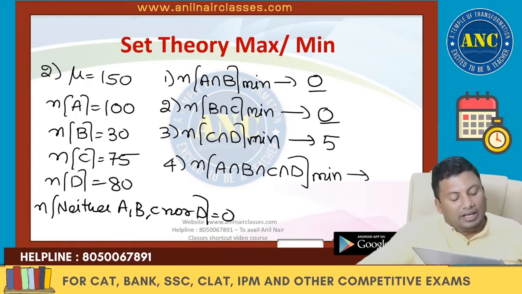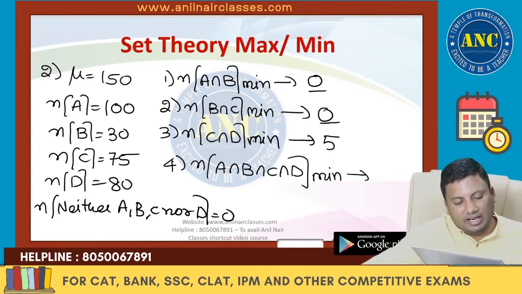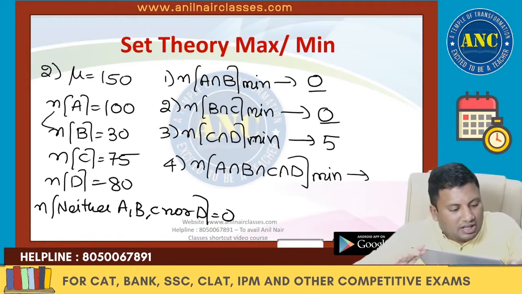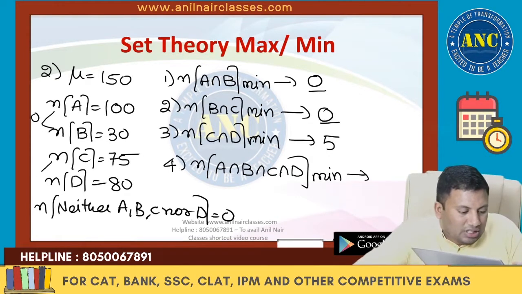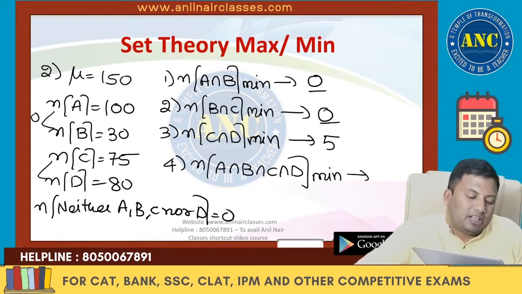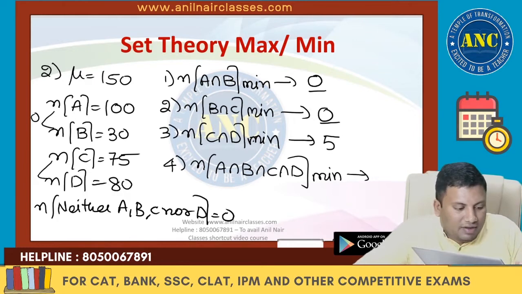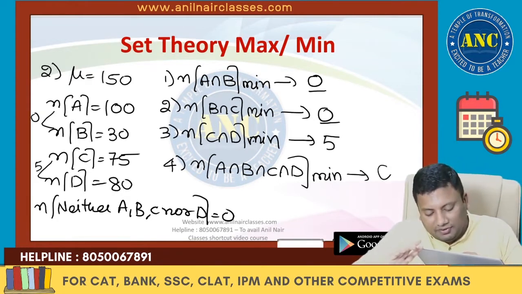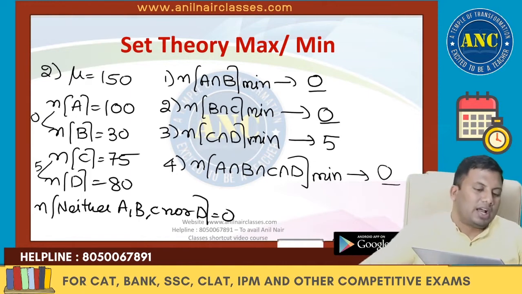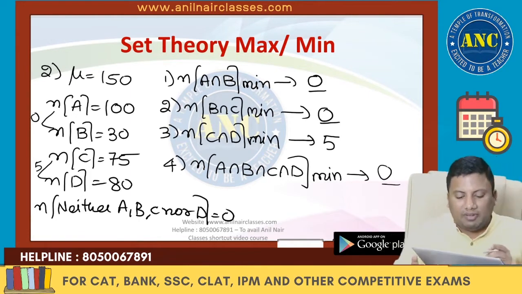Minimum value, A intersection B intersection C intersection D. This is nothing but 130, less than 150, so 0. This is nothing but 80 plus 75, 155, which is 5. 0 plus 5, 5 is less than 150. Answer is 0. Kindly reply in the live chat whether this